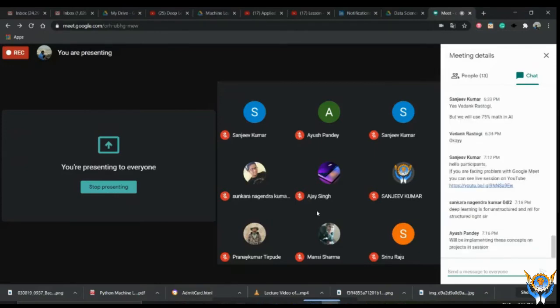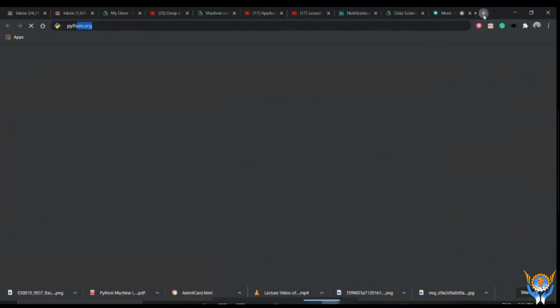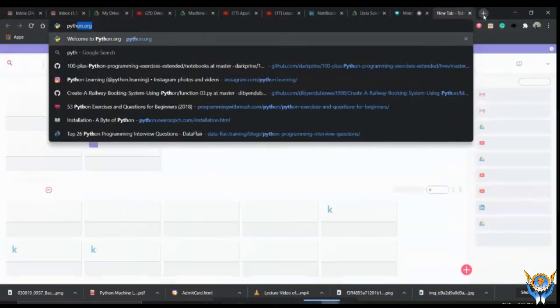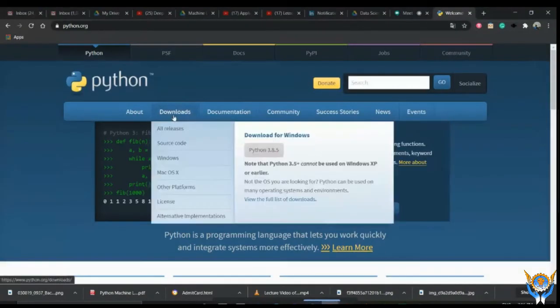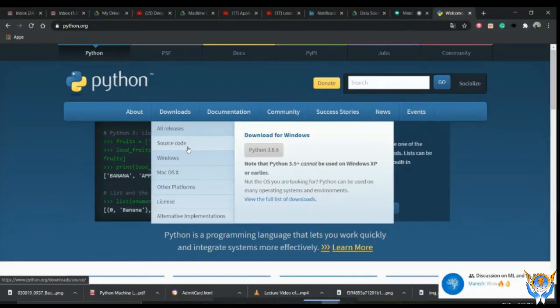The first thing is Python 3.6 plus. I will give you the link of that Python from where you have to download Python 3.6 plus. You just go to the website python.org and from this site you have to download Python 3.6. Python 3.8 is available here, but I recommend that you download Python 3.6.9 or Python 3.7.